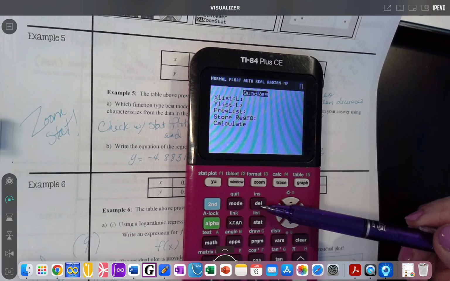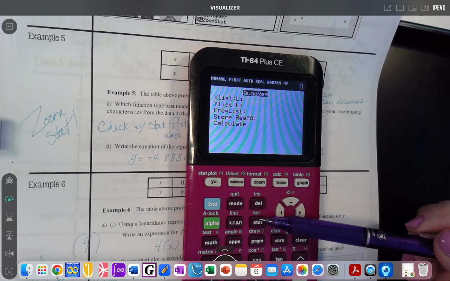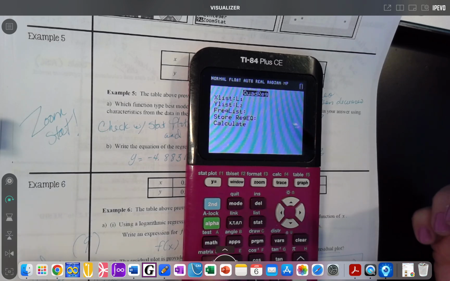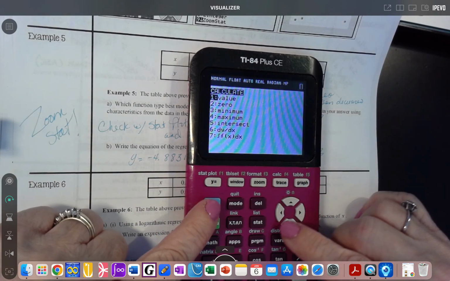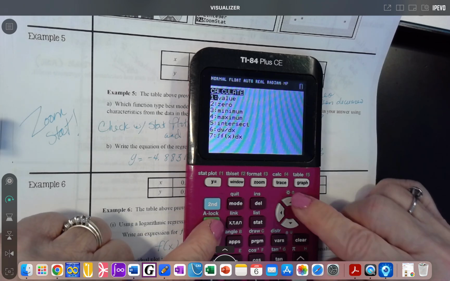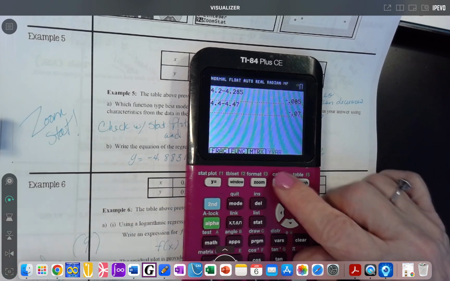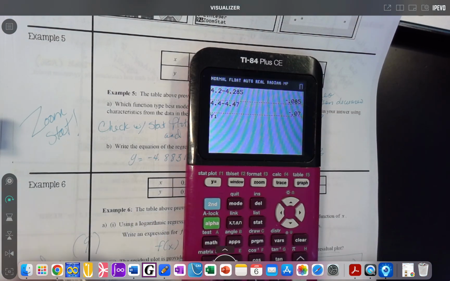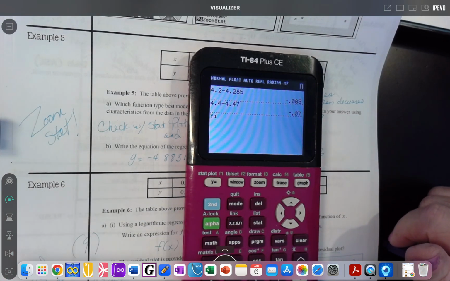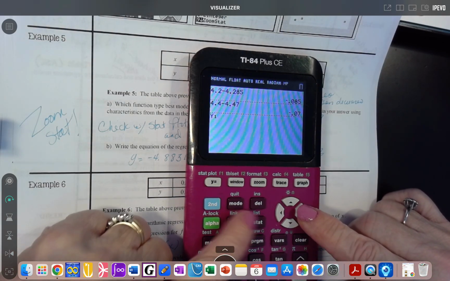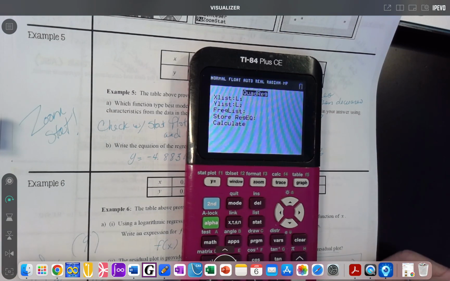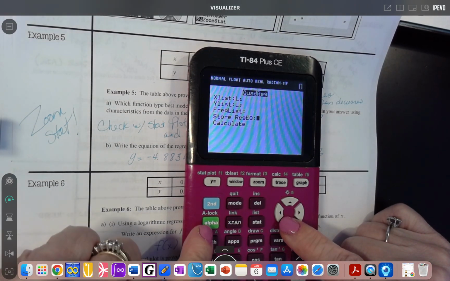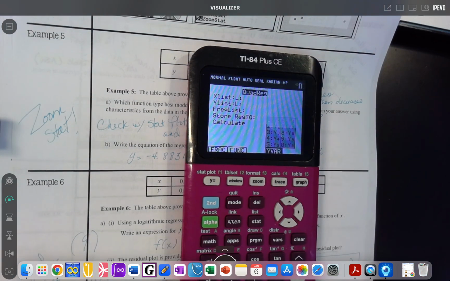Okay, you would go second alpha trace, sorry. So quit alpha trace and get your Y1. But I'm out, I'm now out of my regression, so I've got to start again. So Stat, Calc, and then 5, and then go down here, and then it's alpha trace to get my Y1,